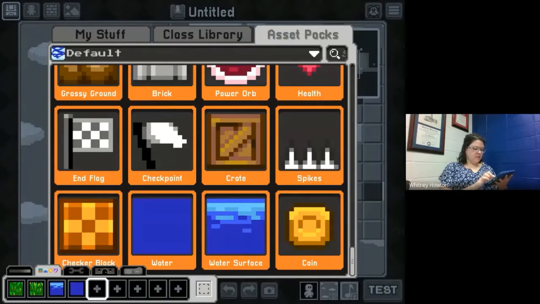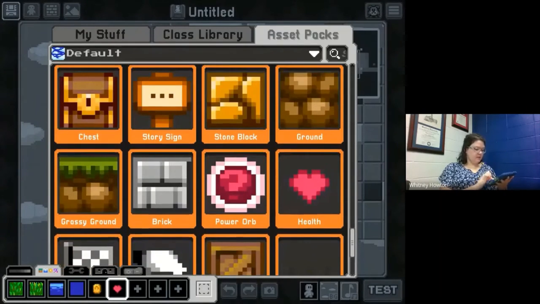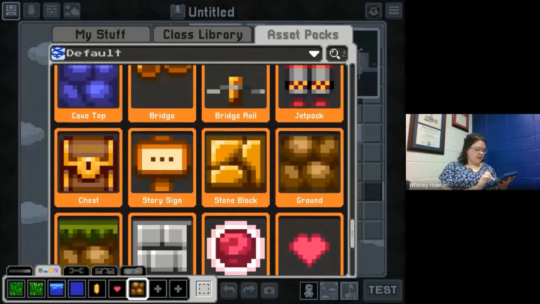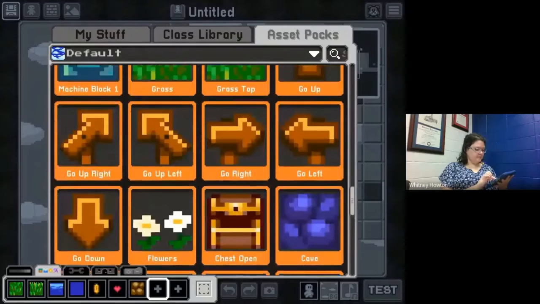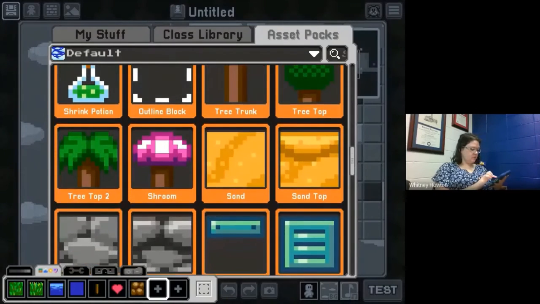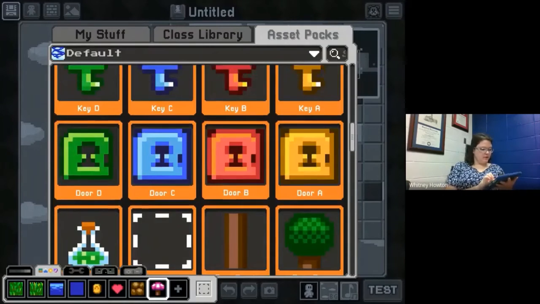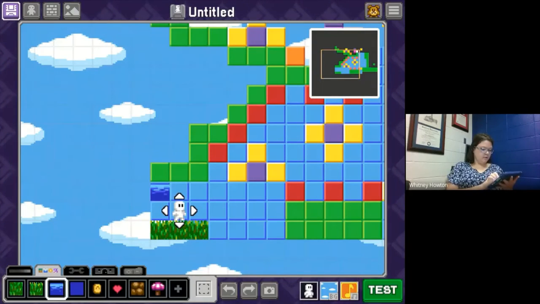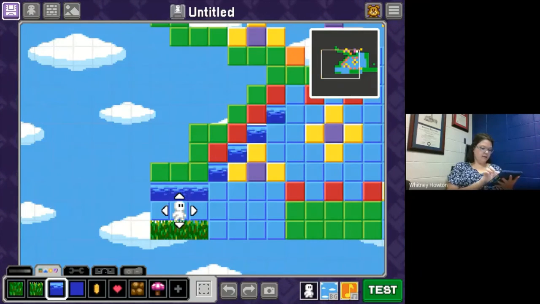And I'm going to click another plus sign and find a coin, and another plus sign and do a life. So all this stuff you can do, and you add them here. And then, ooh, that's cool. You can actually go put them in. So if I wanted to put grass right here and water right here,